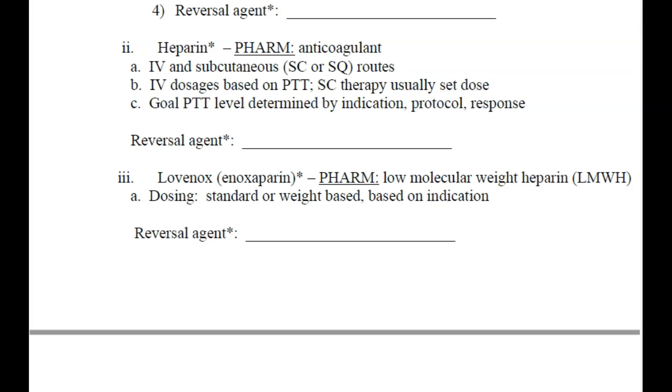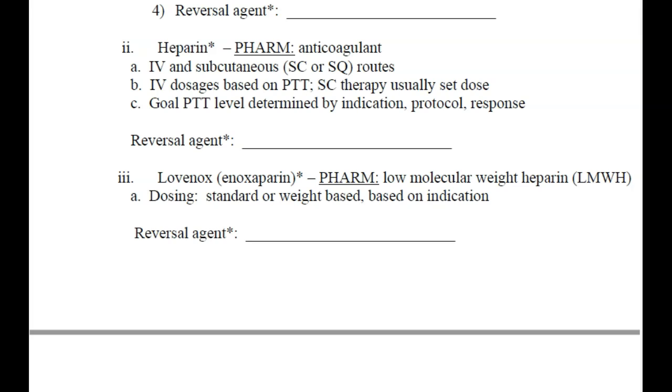However, its pharmacological class is low molecular weight heparin. Dosing for enoxaparin or Lovenox is basically standard and often weight-based depending on the indication of the treatment. This can be used prophylactically or to prevent clot formation, and sometimes as a treatment,